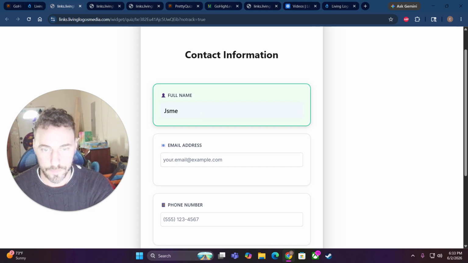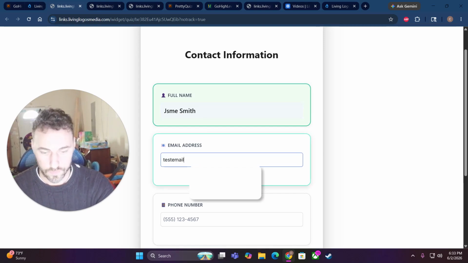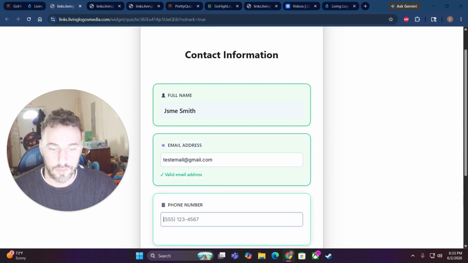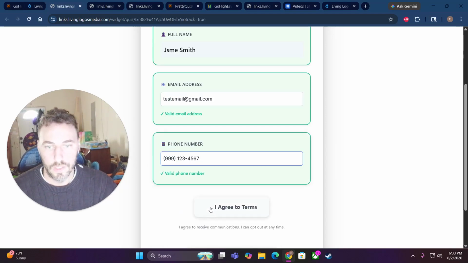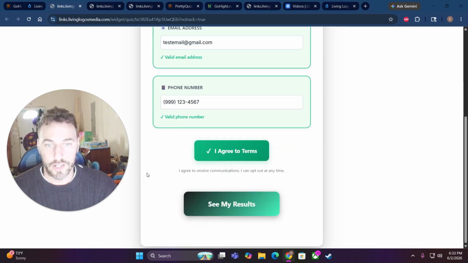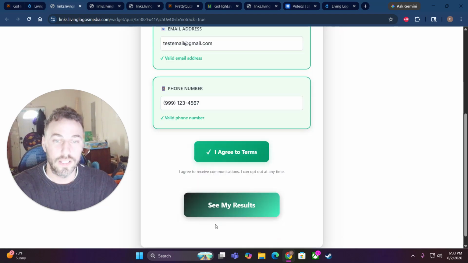So Jane Smith, and then we have a test email at gmail.com. And now we have our test phone number, agree to terms, and now everything's good. So as soon as they go through all the steps, they're able to submit. And once we submit, because I put it through that they were going to have to go to a different page, it's going to submit this through, but now we are going,